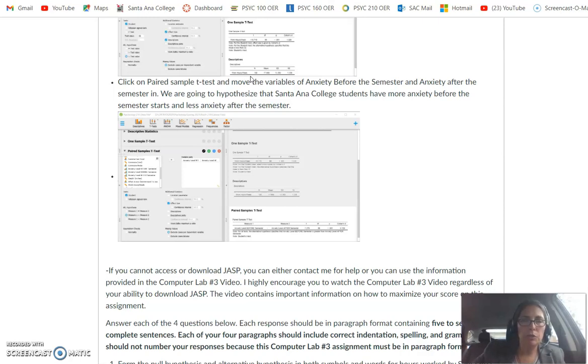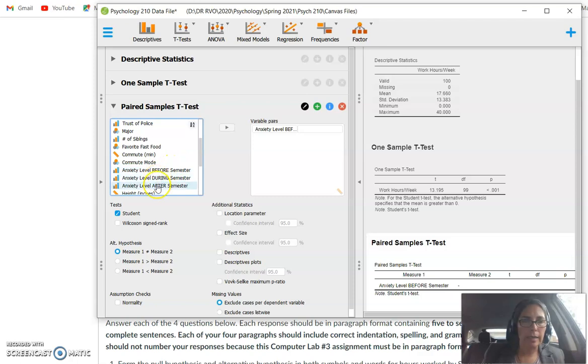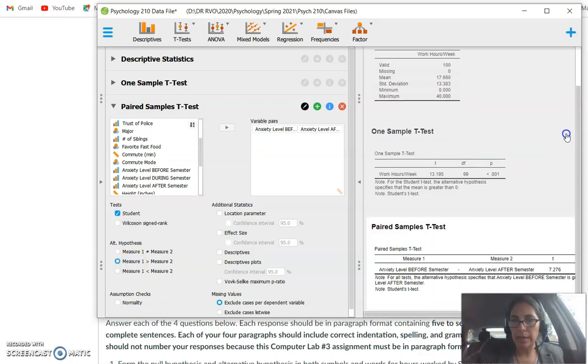And I'm also going to hypothesize that Santa Ana College students have more anxiety before the semester and less once the semester is over because they have completed their semester. Moving back over to JASP, I can look for those variables. Anxiety level before, move that over. Anxiety level after, move that over. And then remember, I want to choose the alternative hypothesis down here below. So I want to say that level before is going to be greater than level after. So I will click here, and then we'll see again the